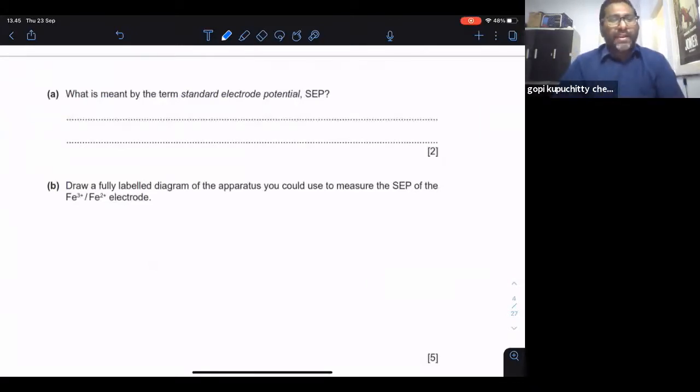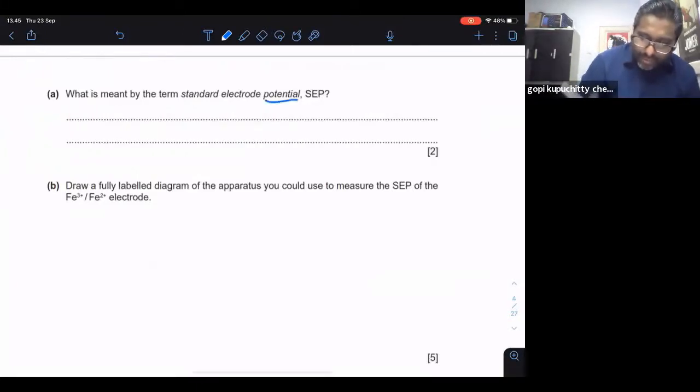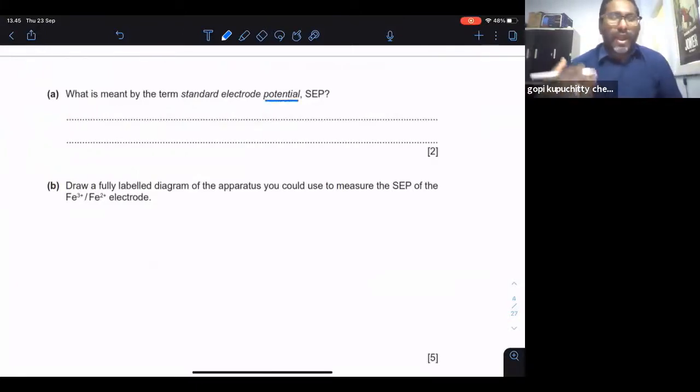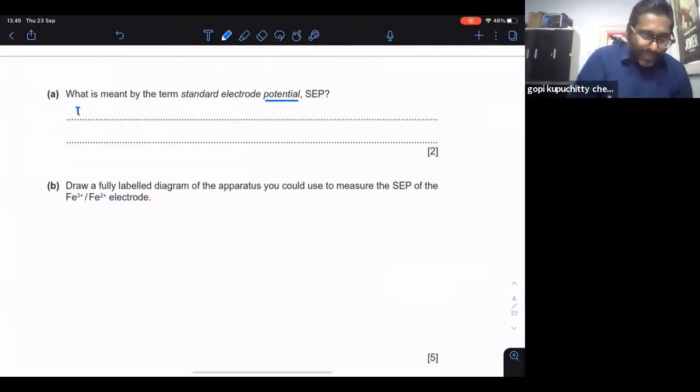Okay, they ask, what is meant by the term standard electrode potential? What is standard electrode potential? To answer this is very simple. Okay, potential. If you are not actually studying physics and so on, it's okay. How do you answer this? It is the potential